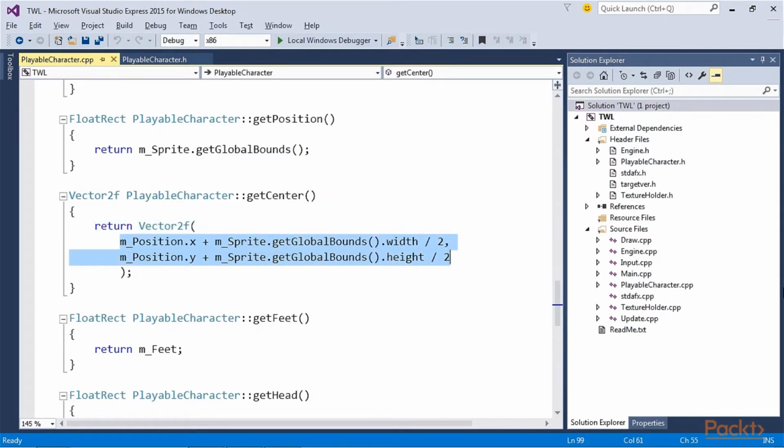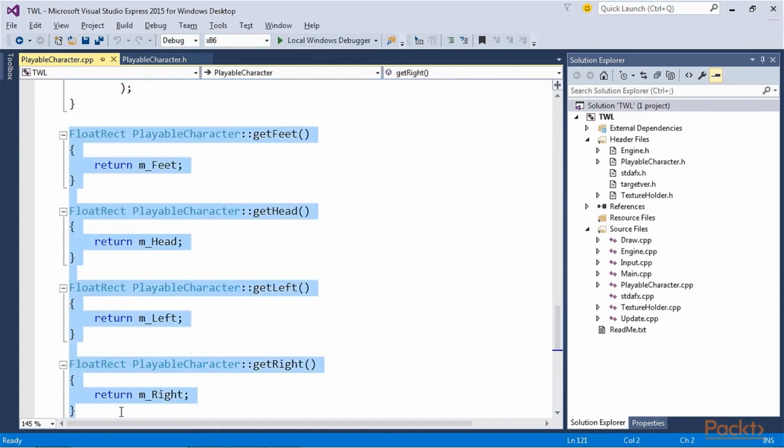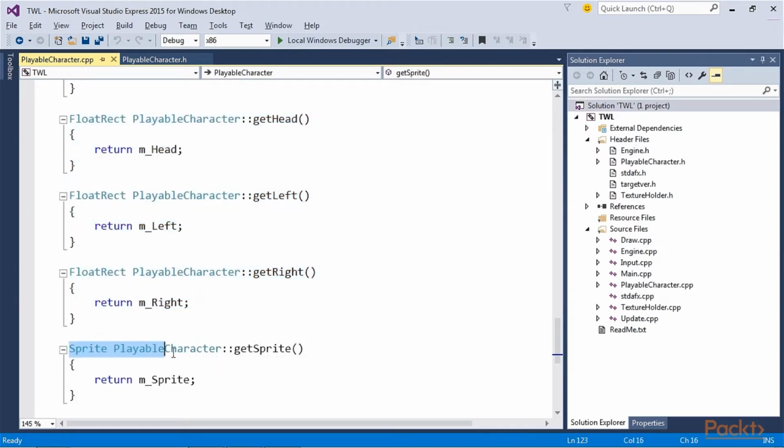Notice that we divide the height and width of the sprite by 2 in order to dynamically arrive at this result. This is because Thomas and Bob will be of different heights. The getFeet, getHead, getLeft, and getRight functions return the FloatRect objects that represent the body parts of the character that we update each frame in the update function. The getSprite function, as usual, returns a copy of m_Sprite.